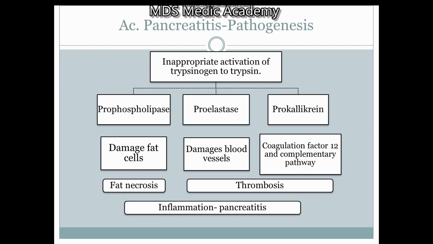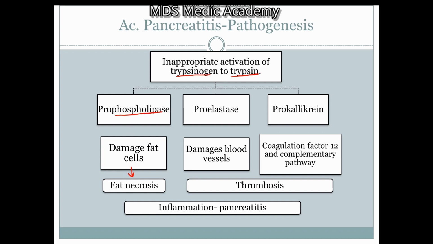Let's move on towards the pathogenesis of acute pancreatitis. The first incident that occurs in the development of acute pancreatitis is that the trypsinogen activates itself to form trypsin. How this activation occurs is a separate discussion, we will discuss it later. For now, we have to know that there is an inappropriate activation of trypsinogen to form trypsin. So what is happening is that trypsin in turn activates prophospholipase to form phospholipase, which damages the cells around and